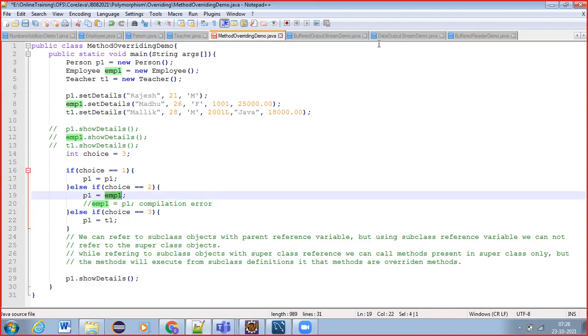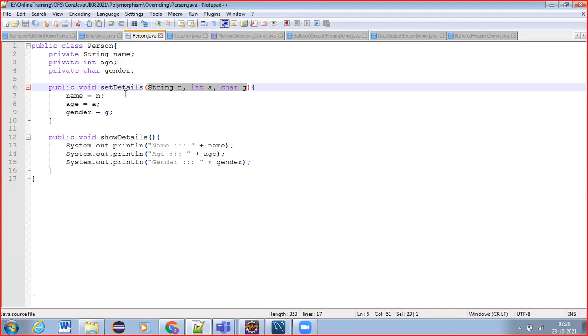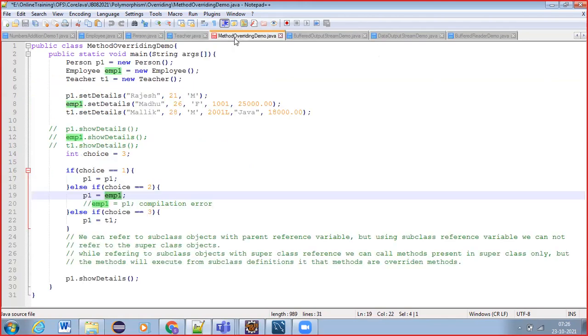So assume I have some methods, like set details and show details, and those two methods I can call using the parent class reference like this.